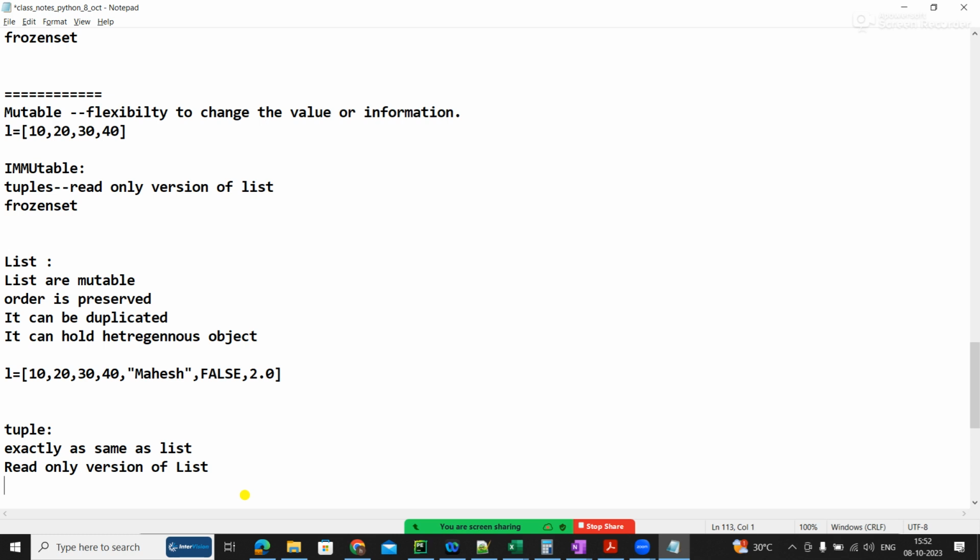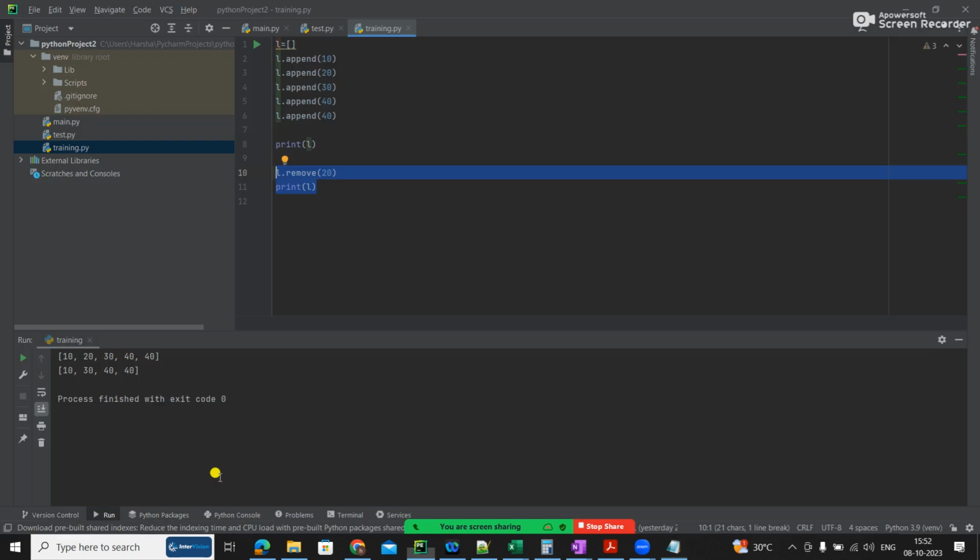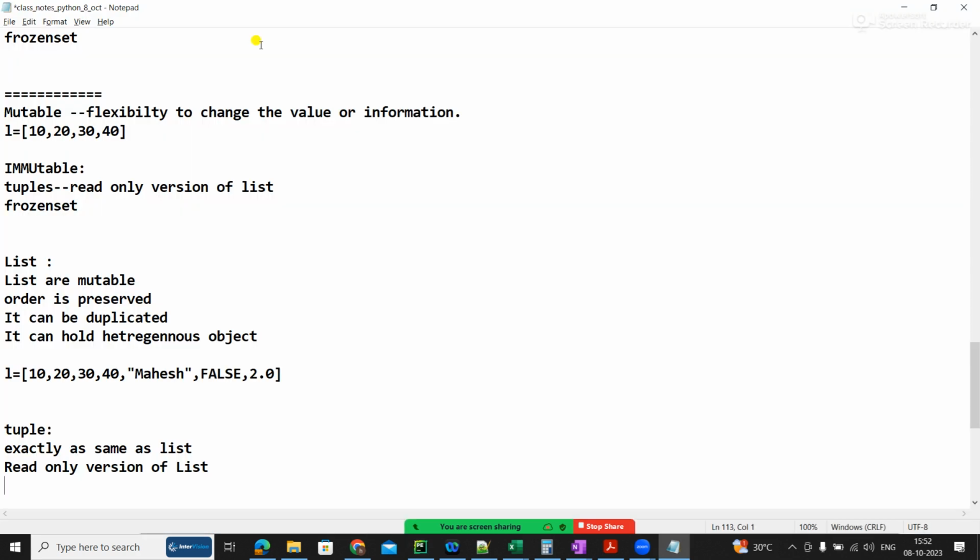I'll have at least 45 minutes to 50 minutes on list. I'll give at least 7 to 8 scenarios or 10 kinds of problems in everything, whether it's list, tuples, sets, dictionaries, all those things. But here we are just learning at an eye level. List can be done like this also, and list can be also written like this.